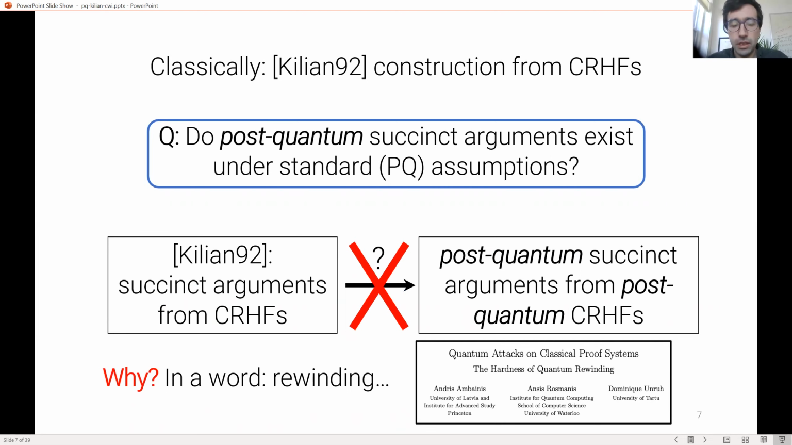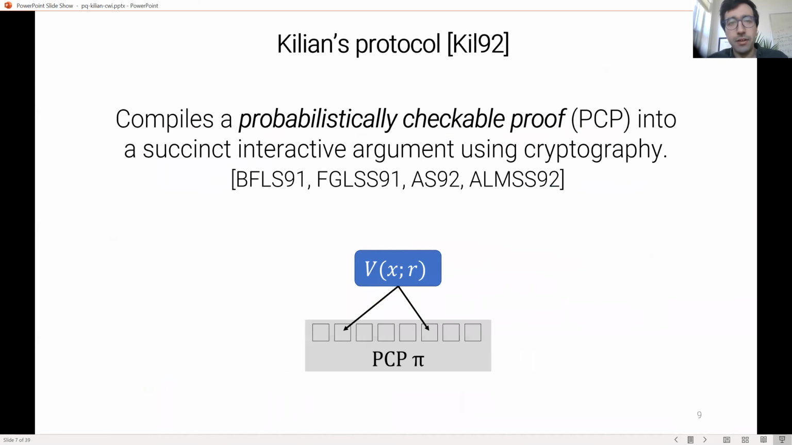And the answer is, in a word, rewinding. I'll show a little bit about what rewinding is in just a second, but basically rewinding is an important component in the security proof of Killian, and quantum rewinding is hard, according to this paper. So what is Killian's protocol? What it does is it takes a probabilistically checkable proof and compiles it into a succinct interactive argument using some cryptography. So a PCP